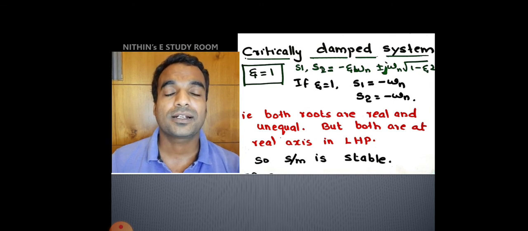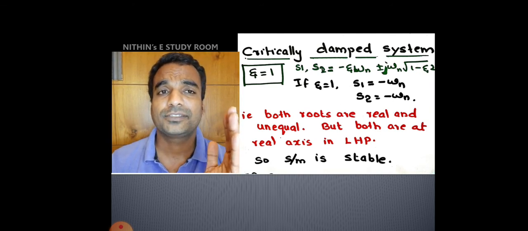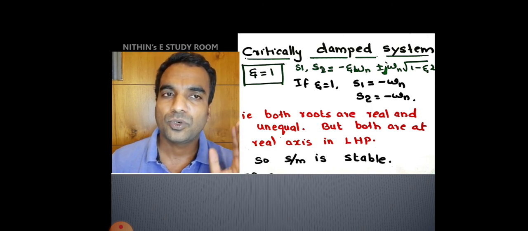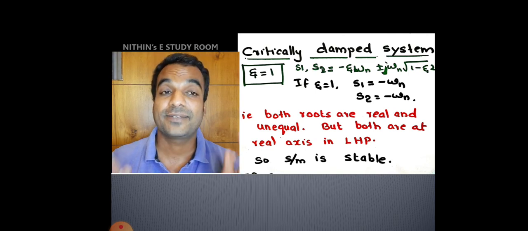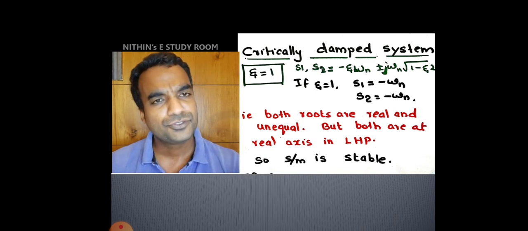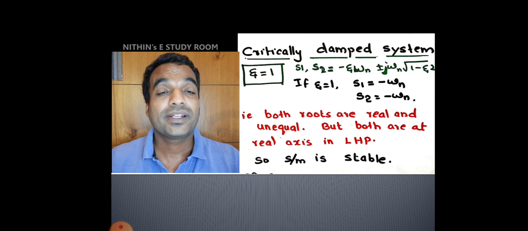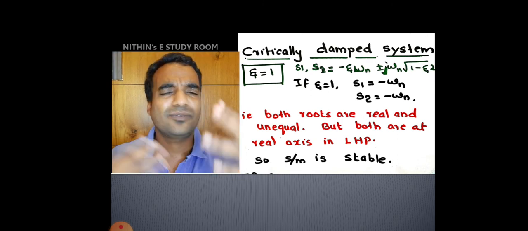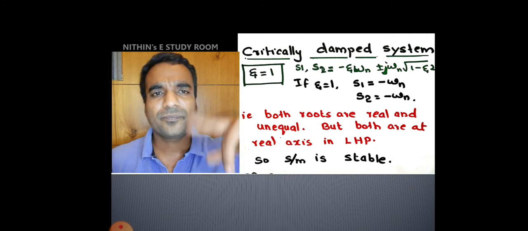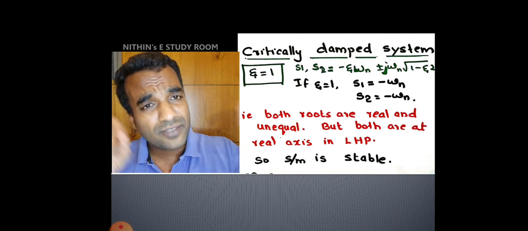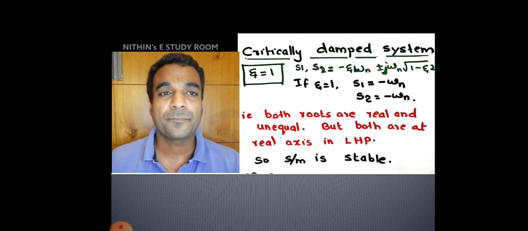And these both roots are placed in which plane? Left half plane or right half plane? The value is minus omega n, so both roots are placed on the left side. Then the system will definitely be stable. And you should know that if you are providing critical damping, you are not providing underdamping. Underdamped means you are providing some value between 0 and 1. Based on that value, whether it is 0.1 or 0.9, your response will settle after some time. But in the critically damped case, you are providing perfect damping, so the system will become stable.